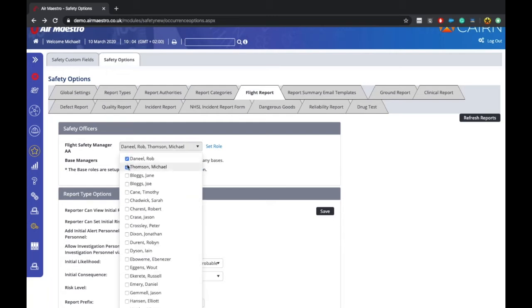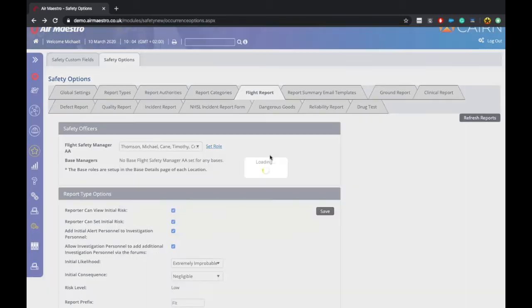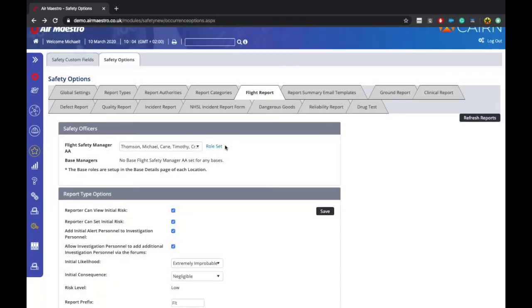Again, this is a checkbox list. I can select as many people as I like and click Set Role to apply that. So as far as the roles go, Chief Safety Officer here in Global Settings is across the entire site. This role is for this report only, and you can also subdivide responsibilities per base. So you can say,